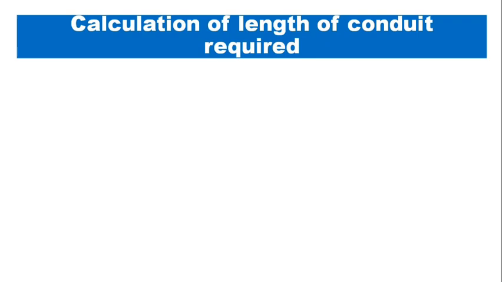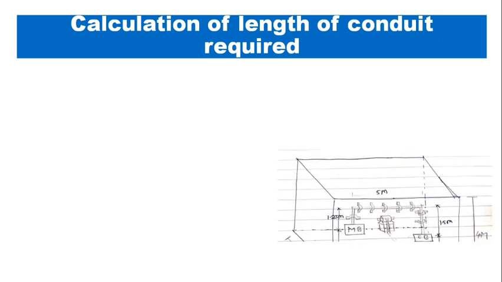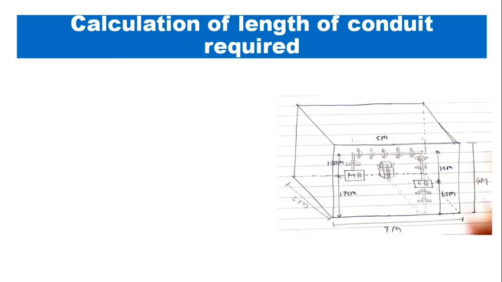For the installation you will require two types of conduits. From the main board to the control board you will require 38.1 mm conduit, because it will consist of 3 wires only. And from the control board to the motor terminals, from this underground, from this floor to the motor terminal, you will require 50.4 mm conduit, because it will consist of 6 wires, that is incoming 3 and outgoing 3. So it will require 50.4 mm conduit.